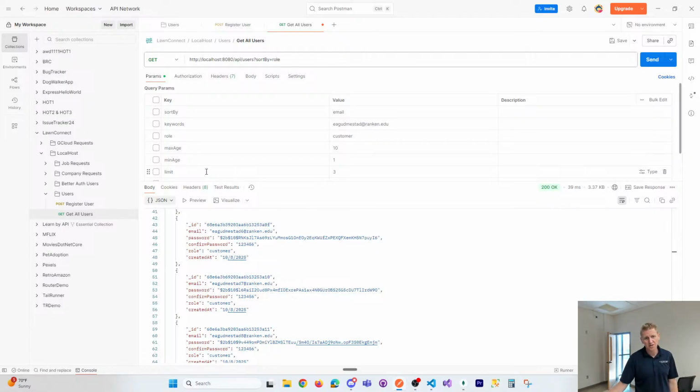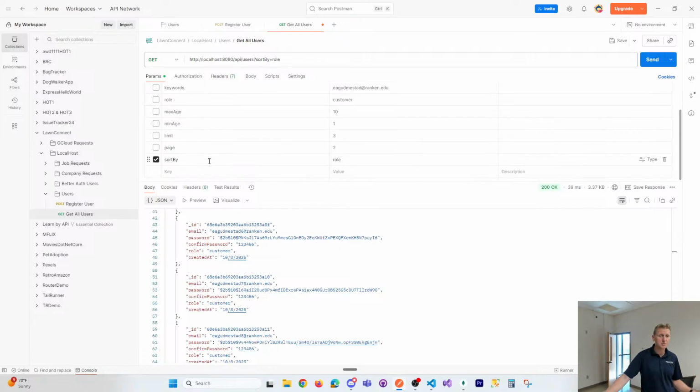Okay, so filtering by keywords, filtering by roles, paging, limits, and sorting, and then almost filtering records by their age. And that's the end of